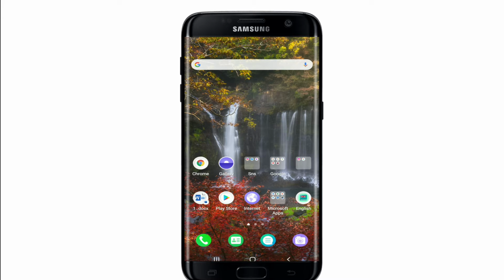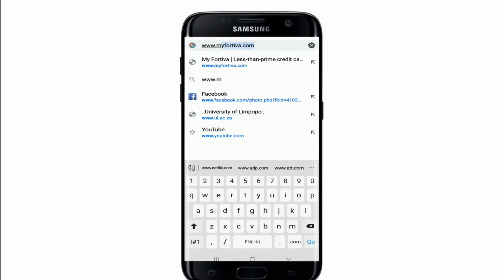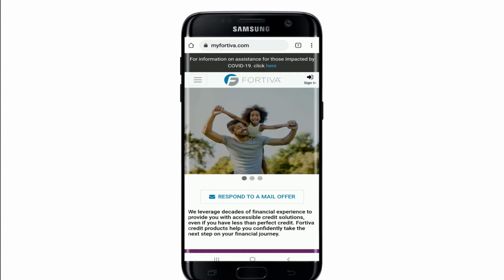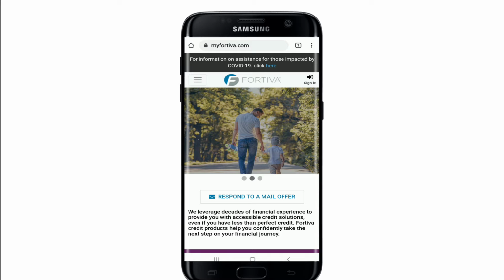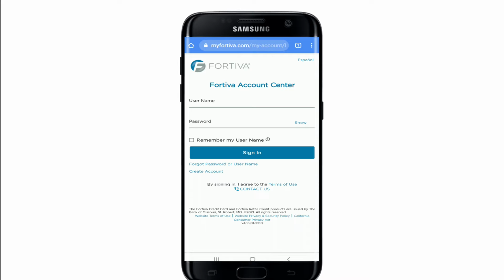In order to log into Fortiva Credit Card, go open your web browser first. Go to the search box and type in www.myfortiva.com and search. You'll find yourself in the official website of Fortiva Credit Card. Now tap on the sign in button at the upper right corner and you'll be taken to the login page